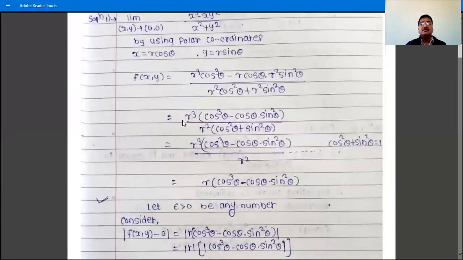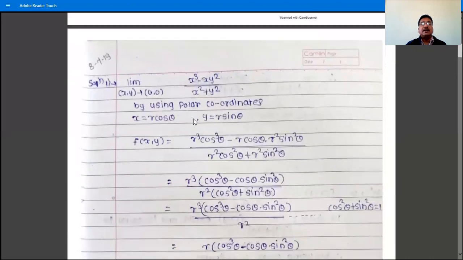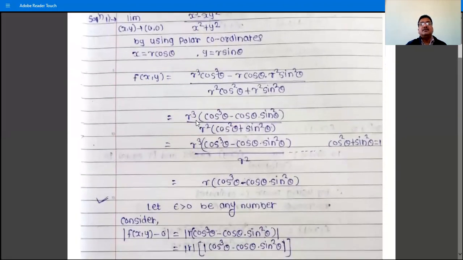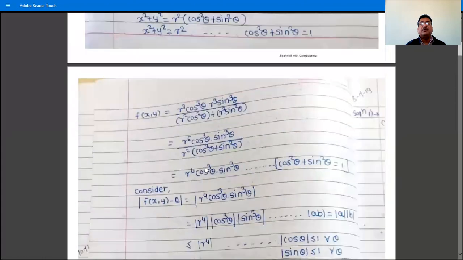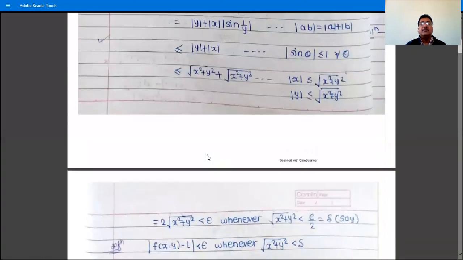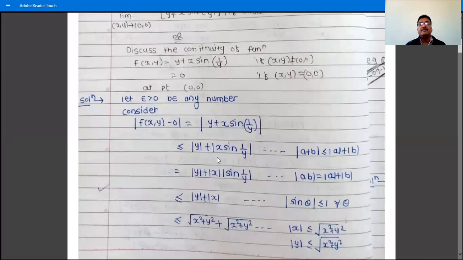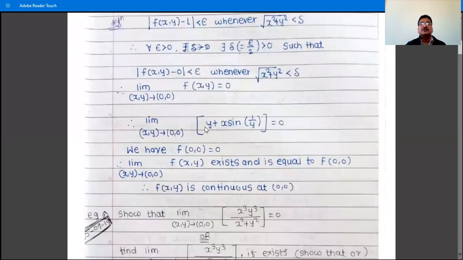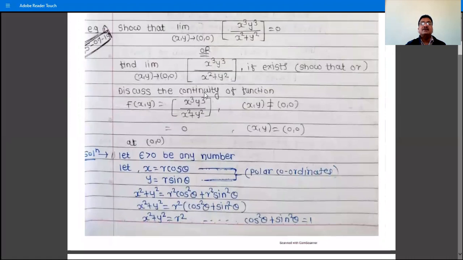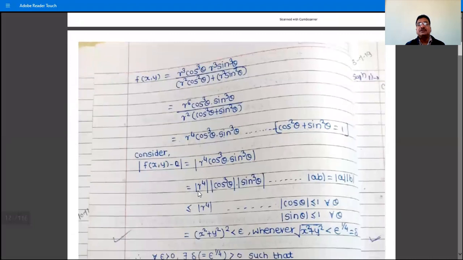So this is the method to write the answer of a problem in which the limit exists. This is the method. That is, either use the direct method without polar coordinates. This is the first problem without polar coordinates. So if the problem is like this, where sine or cos is there, then use the direct method to show the limit exists. And if there is something like x square divided by a denominator x square plus y square, then use polar coordinates to show the limit exists.